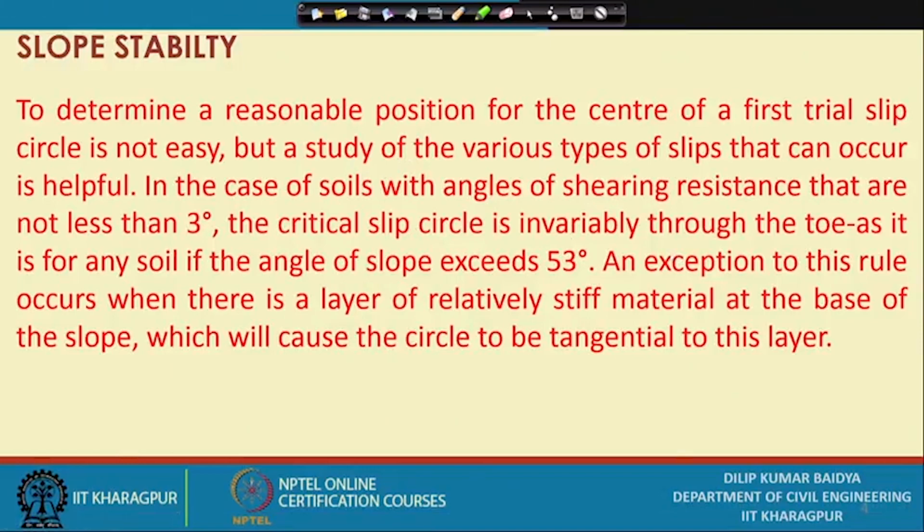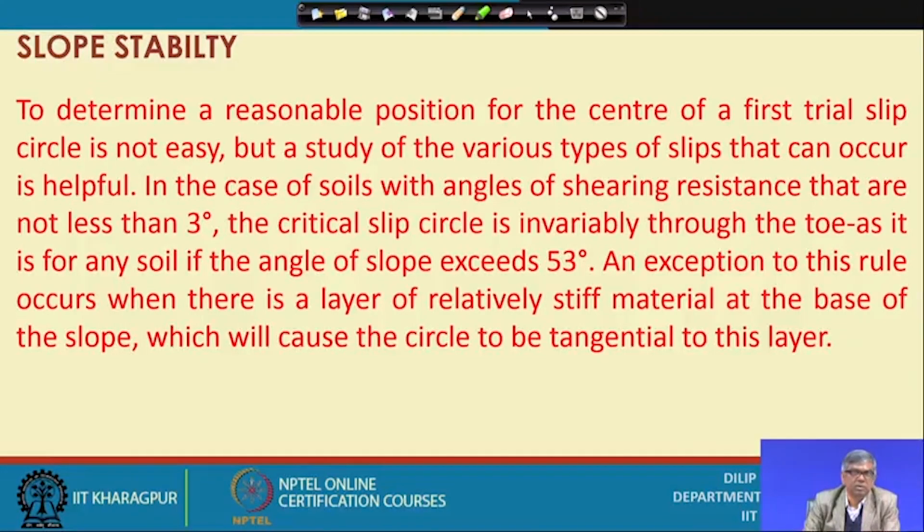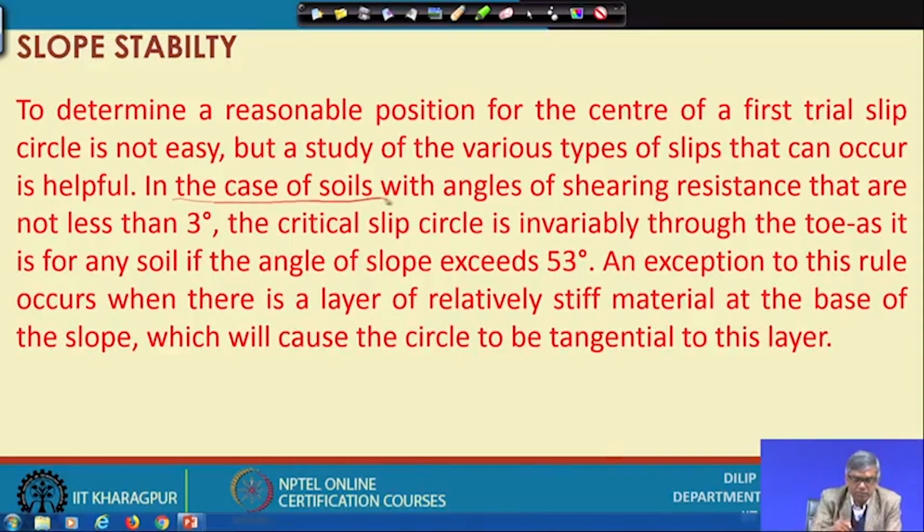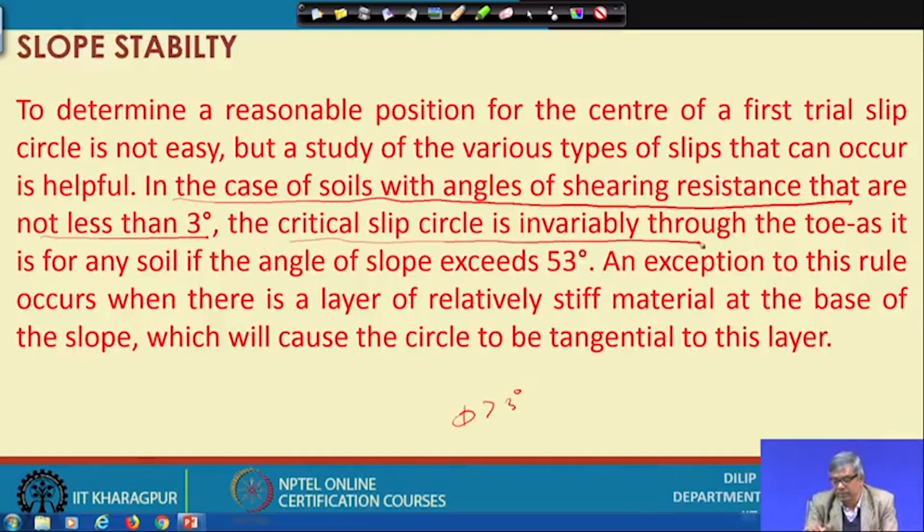And now, to determine a reasonable position for the center of a first trial slip circle is not so easy, but a study of the various types of slips that can occur is helpful. So, that means, what people observe in the case of soils with angles of shearing resistance that are not less than 3 degrees, that means phi greater than 3 degrees, the critical slip circle is invariably through the toe. So, your slope is there, and it goes through the toe, like this,